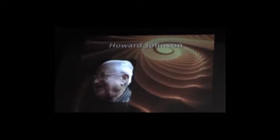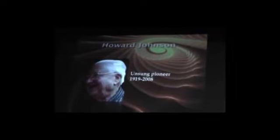Howard Johnson. Howard Johnson got a patent in 1979 for his magnetic motor. There he is. He died recently. 1919 to 2008. Unsung pioneer, but his work was featured in Popular Mechanics. There's his rotor and stator arrangement. There's amazing magnetic motor by unsung pioneer Howard